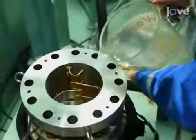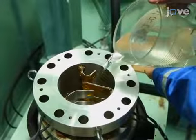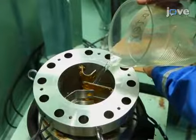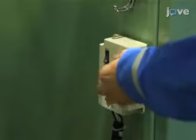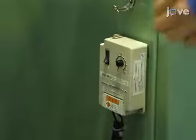Then, pour 1 liter of pure water in the high-pressure vessel with an inner volume of 2,110 cubic centimeters from a water bottle until the water fills half the inner vessel. Turn on the vibrating table to vibrate the entire vessel. Set the vibration rate to 50 Hz and the power supply to 220 watts. Remove the